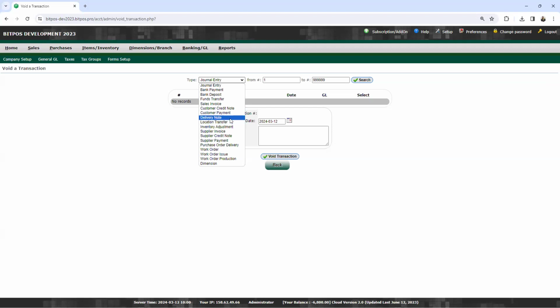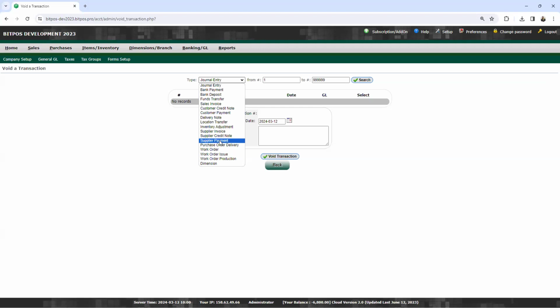Delivery note, void or delete and adjust linked records. Then inventory, and then the location transfer, void and update related records. Then inventory adjustment, void the adjustment and update records. Supplier invoice, the supplier invoice section of the back office system, and void or delete it following the provided instructions.